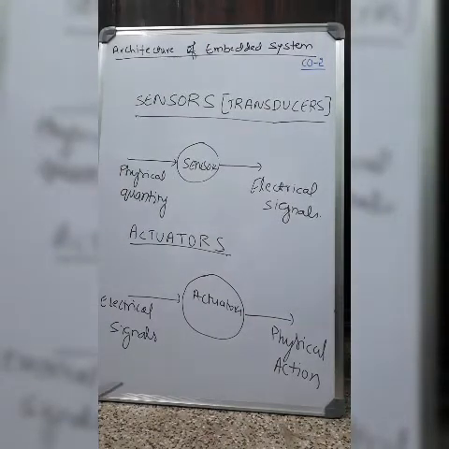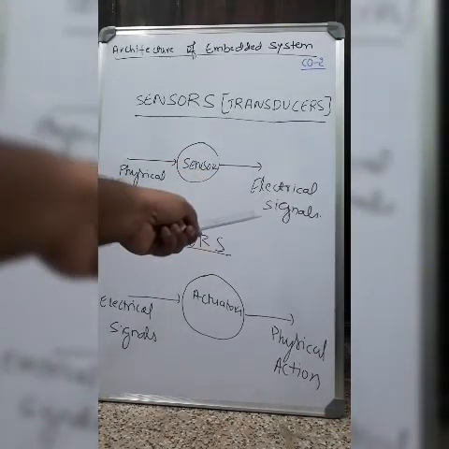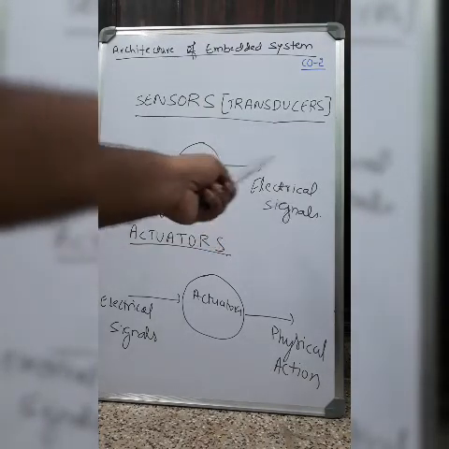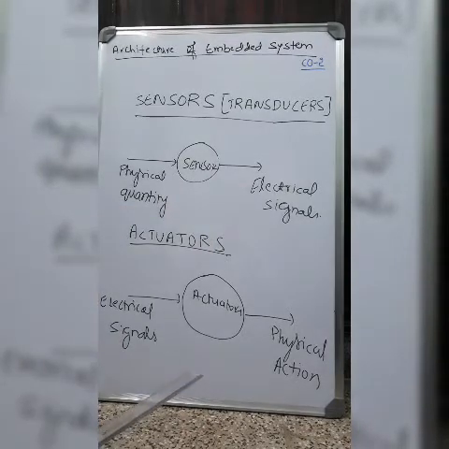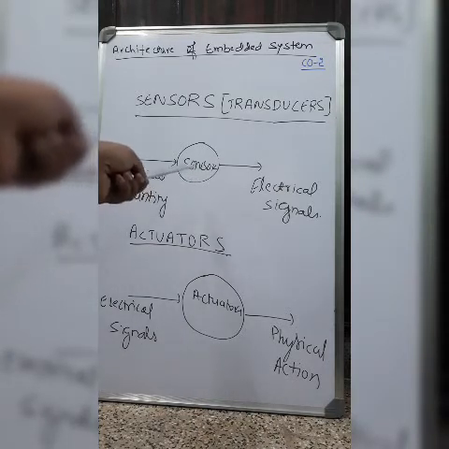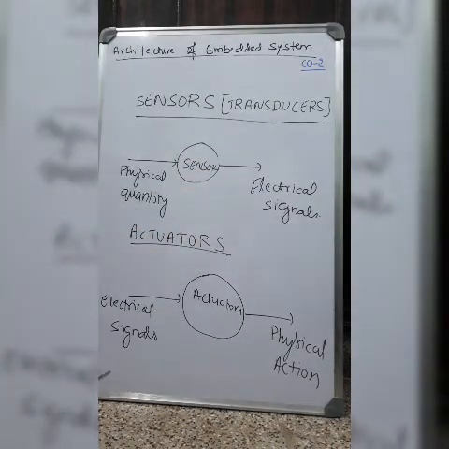Sensors and actuators are also important components of an embedded system. A sensor will be at the input of an embedded system to receive physical quantities such as light, pressure, temperature, etc., which are converted to electrical signals, acting like a transducer. These electrical signals are applied to the core for further processing. An example of a sensor is the electrodes in an electrocardiograph, where heartbeats are sensed by the sensor and converted into electrical signals.